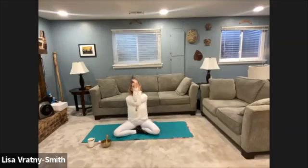And with your next inhale, if it's okay for your body, you can lift the elbows a little higher, gently arching. And as you exhale, round, dropping the chin, rounding the spine, letting the weight of the arms open the back, but being careful of the low back. And with your next inhale, coming back to the center, we'll release the hands, extend the left arm across the